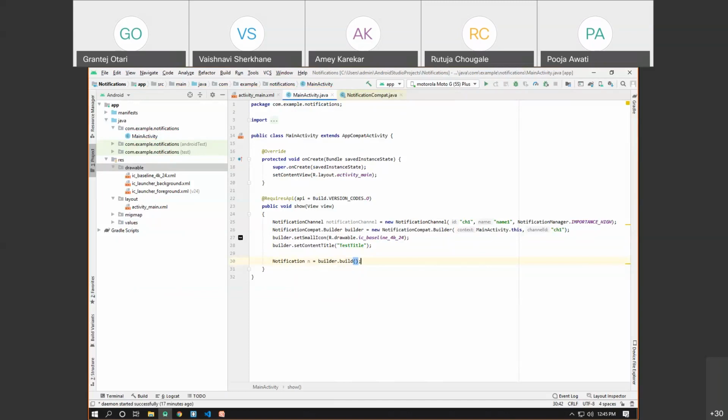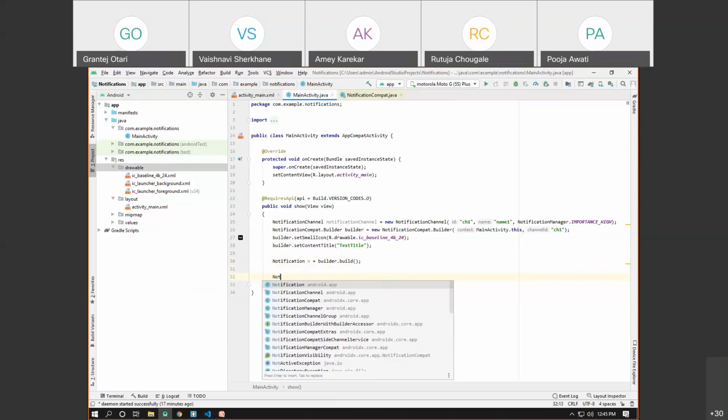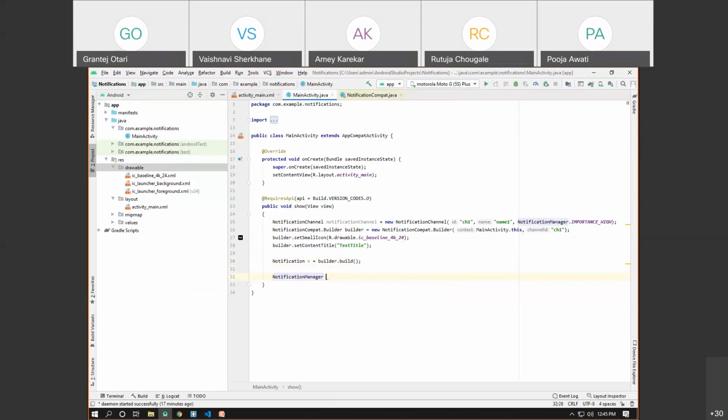And once I do that, I need to publish that notification. Now in order to publish that particular notification, we require a NotificationManager class. So I can say NotificationManager, let's say nm, is equal to getSystemService, because we are going to get the reference to the notification service, and we'll call it as NOTIFICATION_SERVICE. Now, as we know, getSystemService returns the object of type Object.